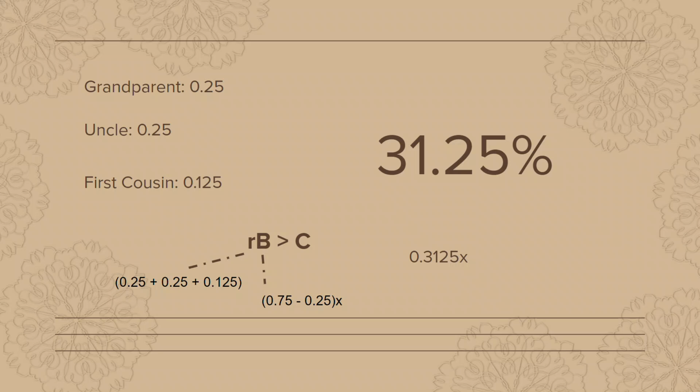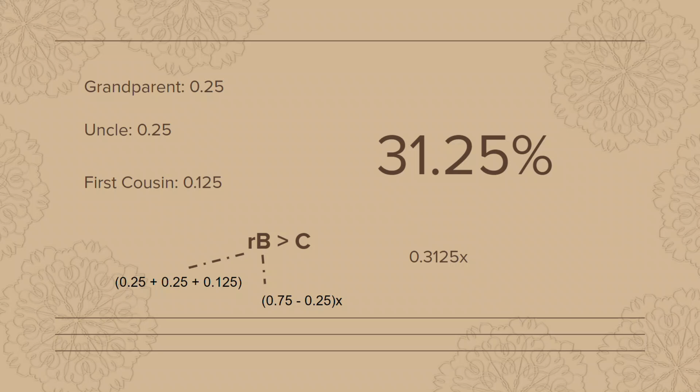So now what? Well, this operation assumes that this rescue act is either going to be successful or it is not going to be successful. So all you really have to do is add up the coefficient of relatedness of everyone to see the net coefficient of relatedness, or the net benefit in other words.